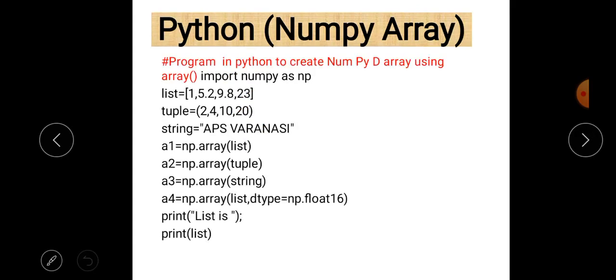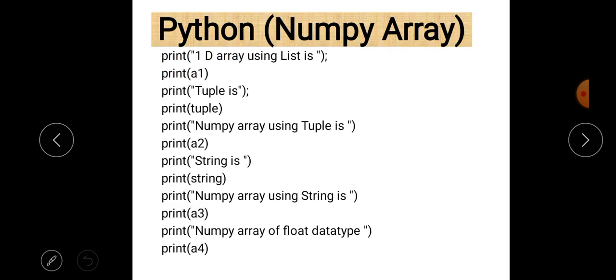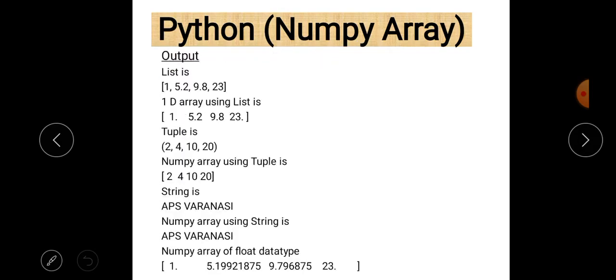Let us make a program regarding this. First of all, you can easily see here this is the program which we already discussed, and in this program our focus is to create an ND array using the array function.